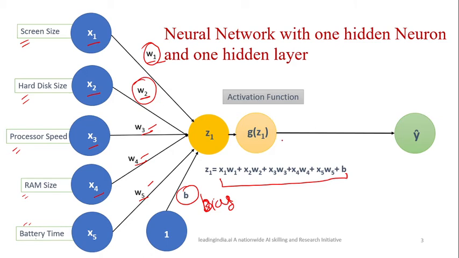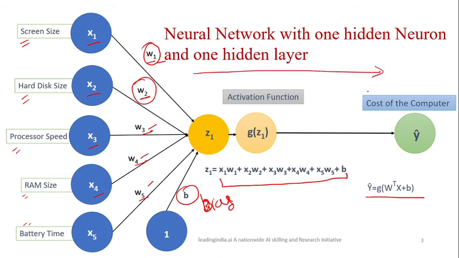Now finally, the output will come into Y. And what will this output be? In short form, if you are representing it with the help of a matrix, it is W transpose X plus B. That will be your Y value, and that will be the cost of your computer. Right? So in that way, with this example, this is your forward propagation. If you have these magical weights in hand, then you can find out the cost of a computer.